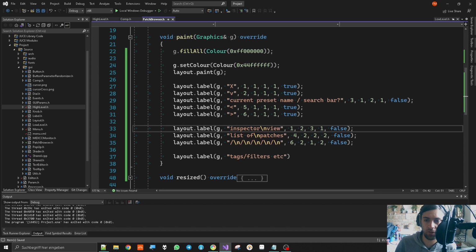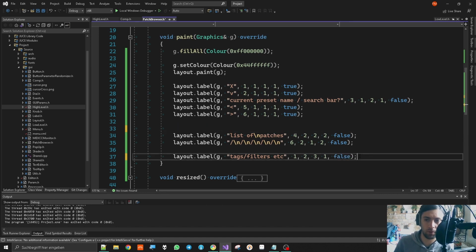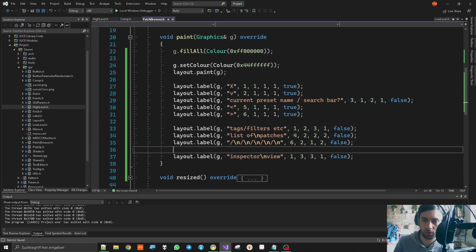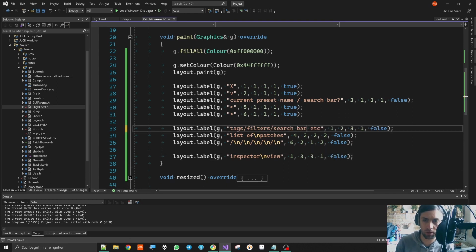So the inspector view goes to 3. And this thing goes to 2. Let's put them here so that it's kind of less weird. Filters, search bar,